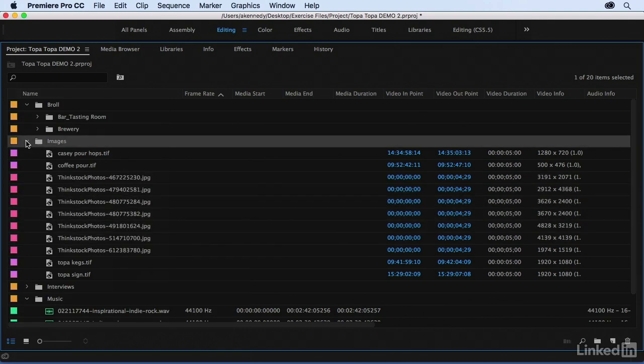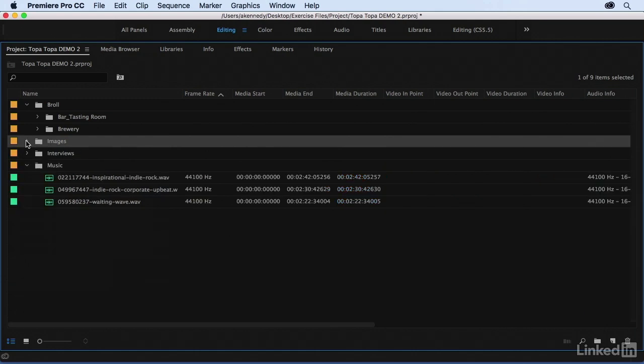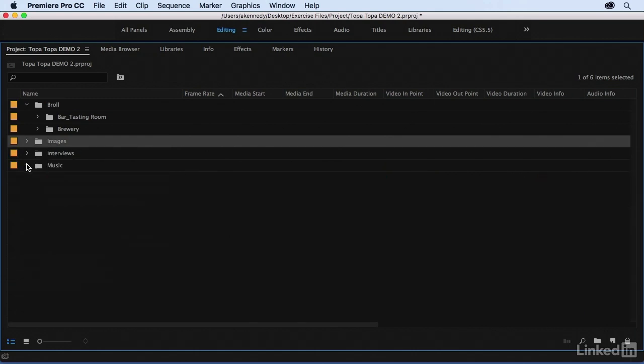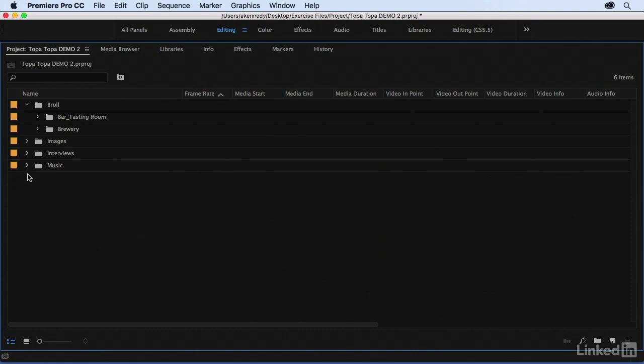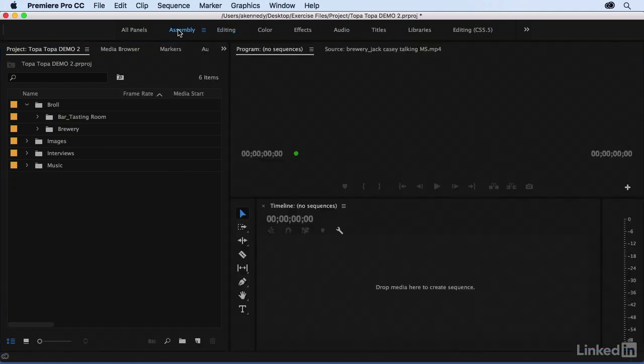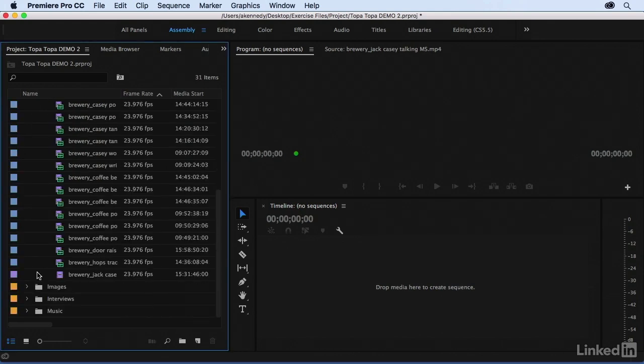Now there is one more type of label and icon that I want to call out, and that is the sequence. So let's just very quickly make a sequence out of some of these clips. I'm going to switch over to my assembly workspace so that I have a little bit more real estate here in my project panel. And let's grab a little bit of each type of clip. So I'll grab, let's see, some of these brewery shots, and I have both video and audio, and then the